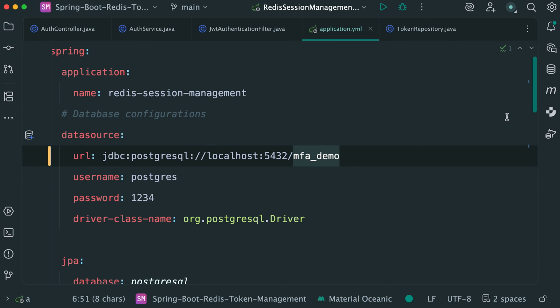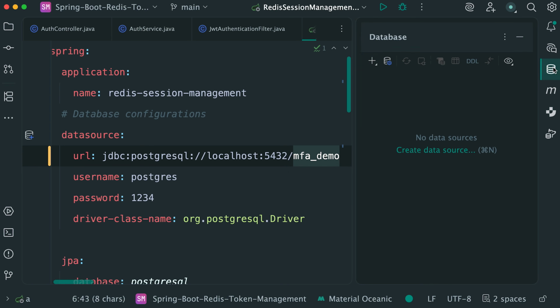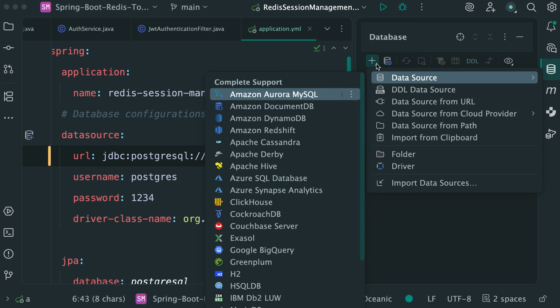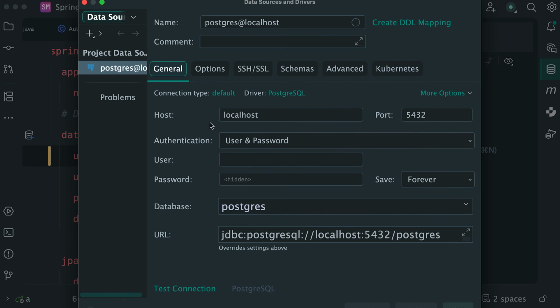Now, let's connect to PostgreSQL to create this MFA demo database. For connecting with Postgres, I'm going to use the database tool that comes built in with IntelliJ IDEA. Let's navigate to this database tool window. Then click on this plus icon and data source, searching for PostgreSQL. So here in this window, every other setting is fine. I only need to provide the username and